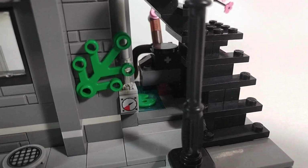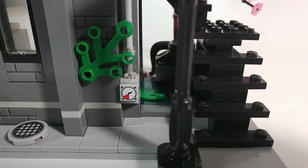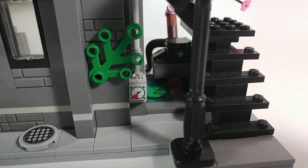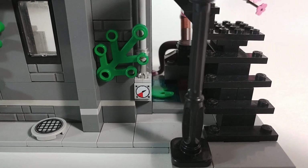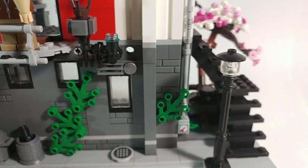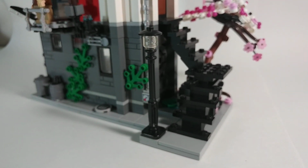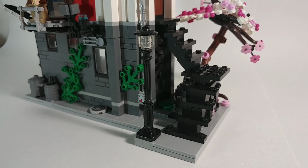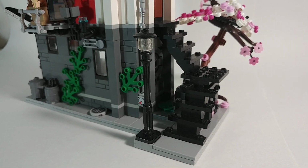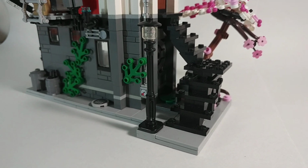It has a tiny little pond with a lily pad, which uses one of those new recolored parts from the Ninjago city. They're just great, so I got a few off Bricklink, and I'm using them as lily pads. So I also have this old streetlight style here, and obviously, although this is cyberpunk and is meant to be in the future, this building was probably built upon an older city, so it does have some older